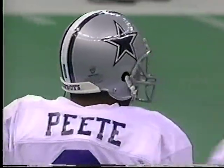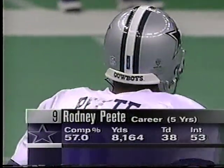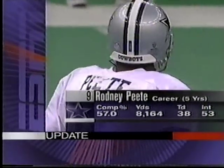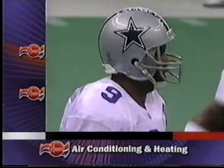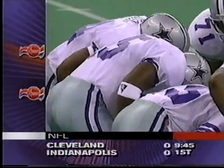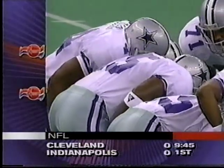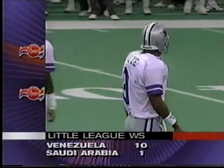Rodney Peete has spent his entire career with the Detroit Lions. They picked him up when Bernie Kosar was lost to free agency. Look at the interception total, 53. I don't blame him for a lot of those. I don't either. He's a young man that's gone through so many system changes. It's tough enough to learn one system in this league, but if you change continually, you really screw a quarterback's